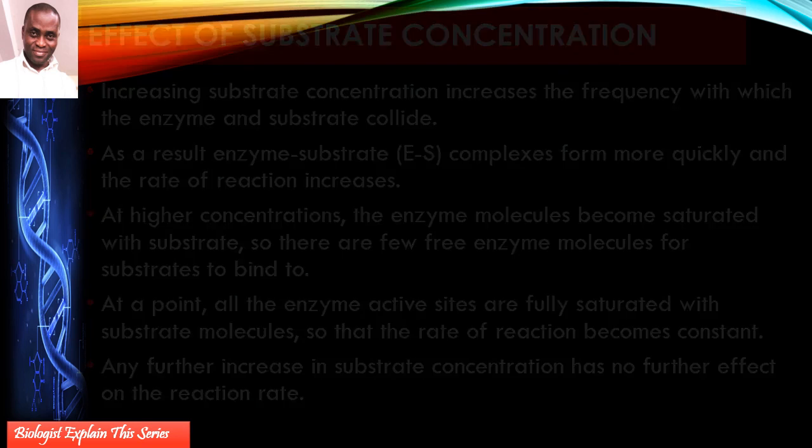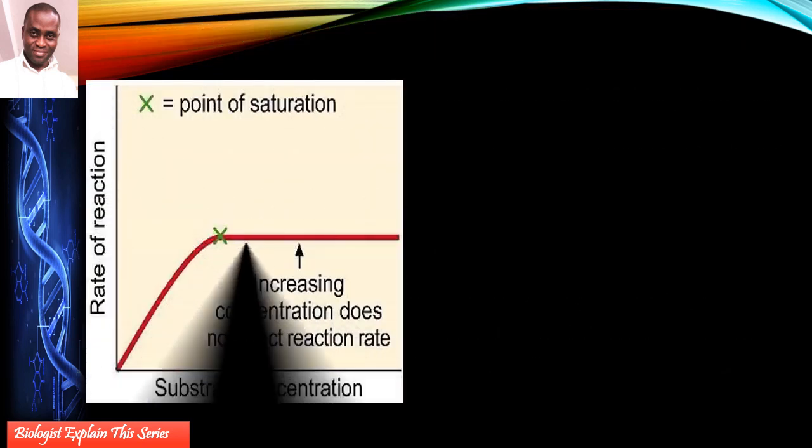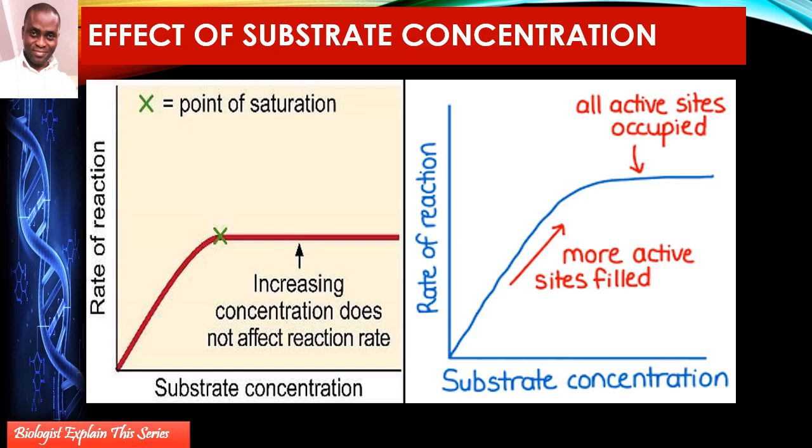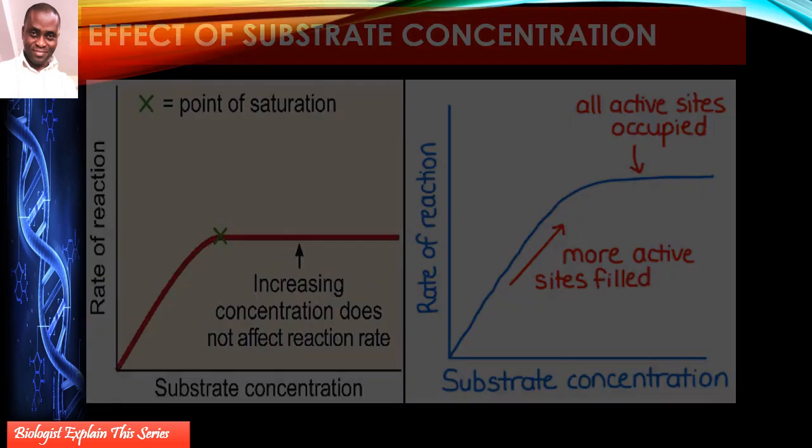And look at the next thing. Look at this graph. The graph is clear enough. Just take time out to study. You see that the graph increases and then it plateaus, meaning it gets to the peak at that point, because when the graph becomes parallel to the x-axis, all the active sites have been occupied as at present, and so until all the substrate have become products and released from the active site, the reaction rate remains the